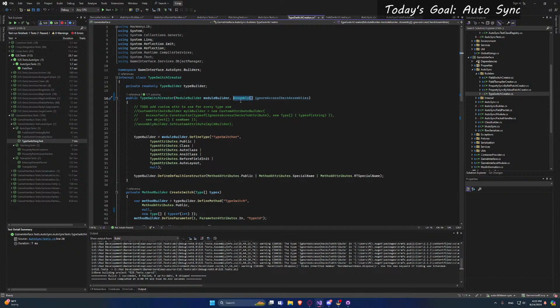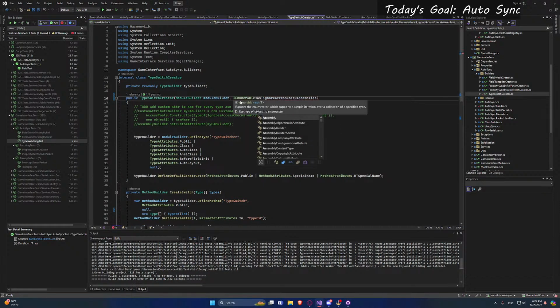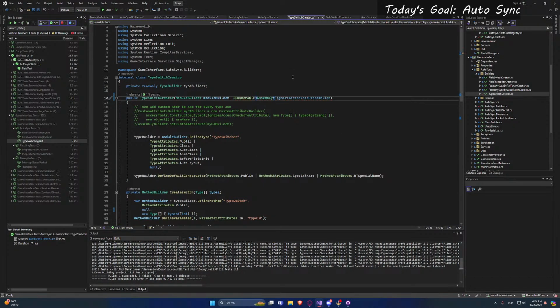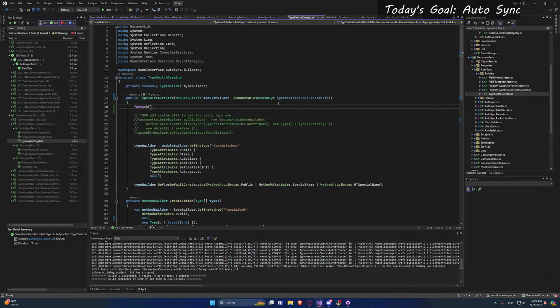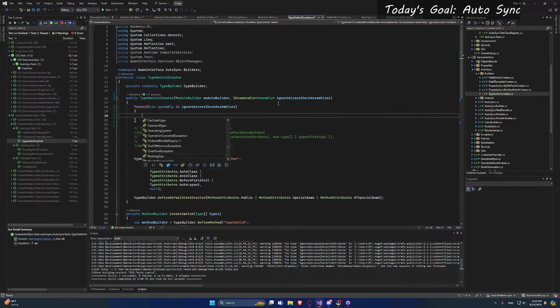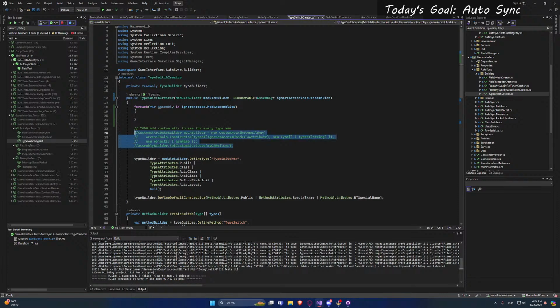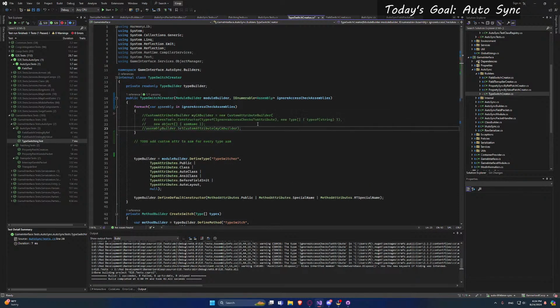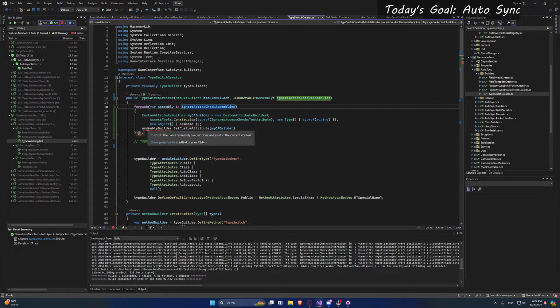Actually, I want this to be an enumerable. For each var assembly in those, we're going to do this. It appears we don't have the assembly builder. So what I can do,